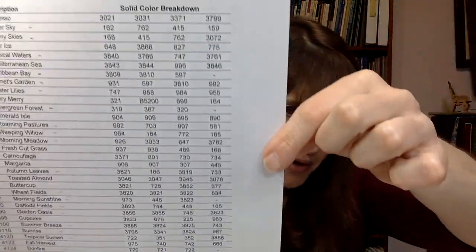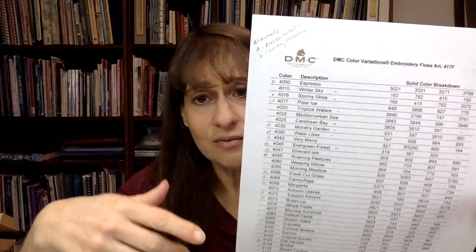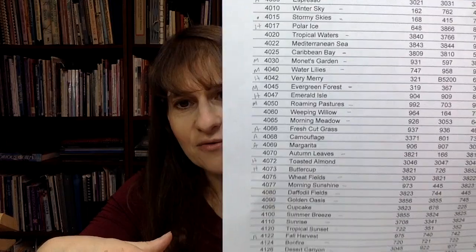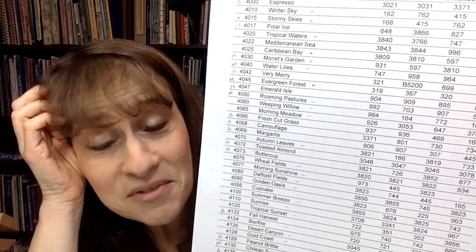I printed this from DMC's website. I couldn't tell you exactly where I found it, but it's a thread list, and I'll explain my notes in a second. What I loved about this was that there were names, which I didn't realize DMC is good at giving, and some of these names are really appealing. So this one, to start with the green, that I'm pretty sure I'll be using for my spring